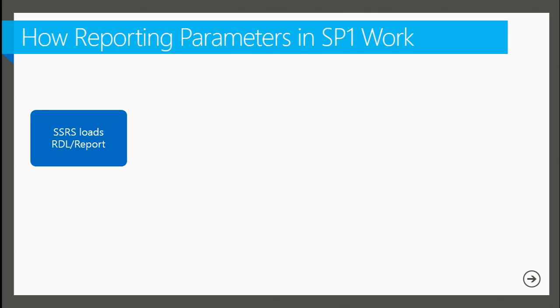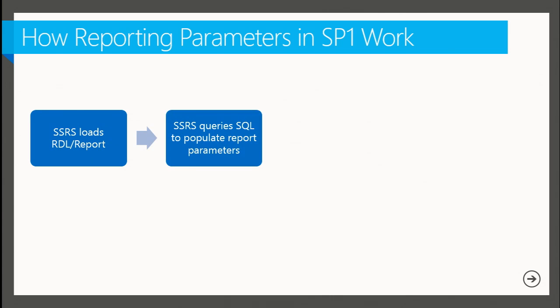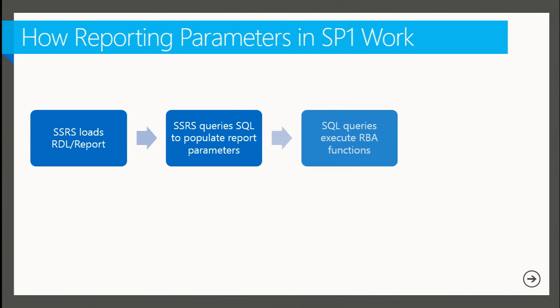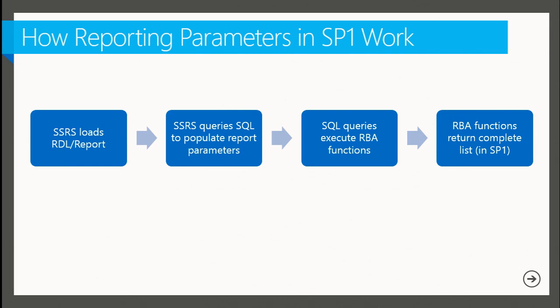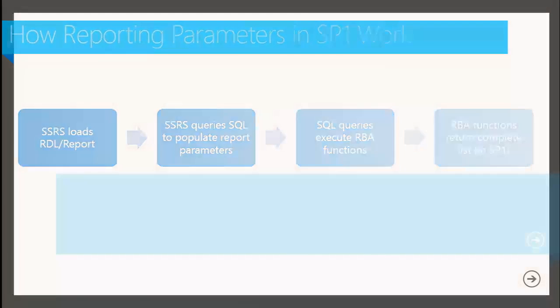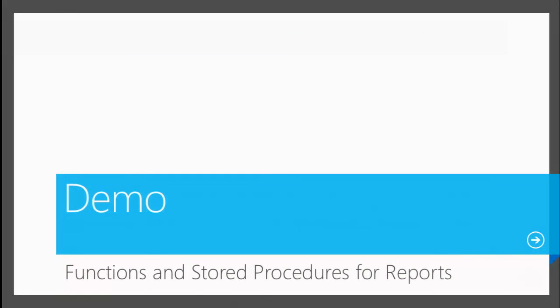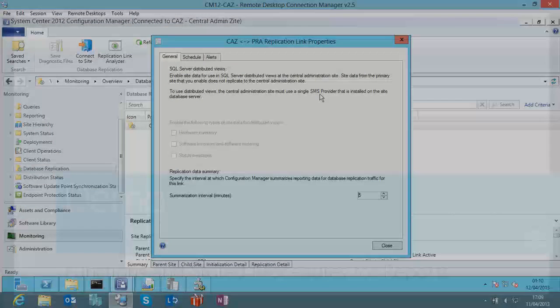So SSRS loads the RDL report. The RDL queries SQL to populate the report parameters. That's just a SQL query. That query fires an RBA function. And then in SP1, the RBA function just gives it everything. So it does nothing. But if we jump back in here,